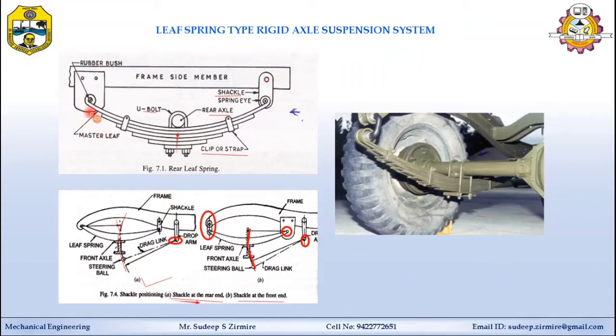Then second thing, to increase the fatigue strength and life of the spring, it is increased by shot peening. So what is meant by shot peening? It means hammering over the top surface of each blade. You have seen in any garage or workshop, the technical person hammering at the time of maintenance over these blades. Hammering over the top surface of each blade introduces compressive residual stress in those blades. And secondly, the edges of the blades are rounded. It also avoids stress concentration, and it increases the fatigue strength.